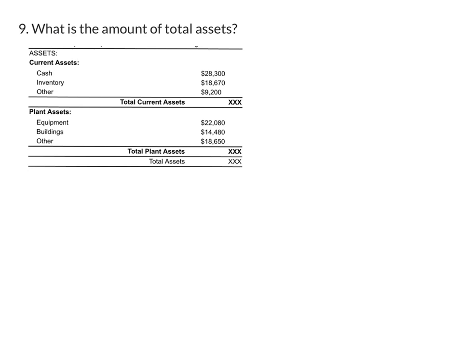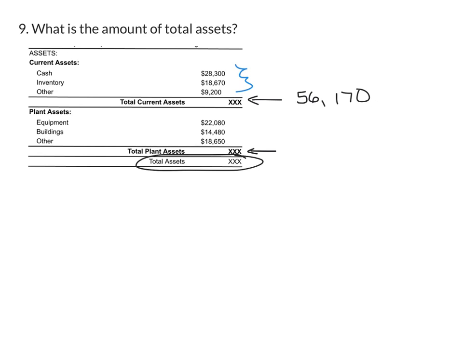First, we'll find the total assets. Now, total assets is found by finding the total of the current assets, then finding the total of the plant assets, and adding those two values together to get the complete total of all assets. So total current assets is found by adding $28,300 plus $18,670 plus $9,200. When we add all of those values together, we get total current assets of